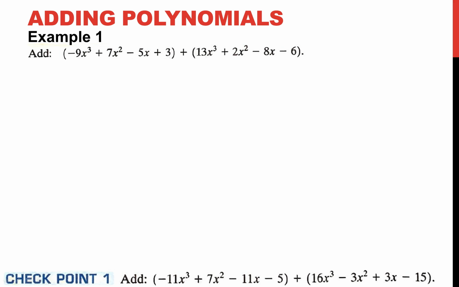So this looks scary because we've got so many terms. We have 4 terms, and then we have a grouping symbol, and then we have an addition sign, and another 4 terms inside of another grouping symbol. But it's not that bad. We're going to use those exponents to line up our terms. So the x cubed are together, the x squareds are together, the x's are together, and the constant terms without an x are also together. And now all we have to do is deal with adding the coefficients of each